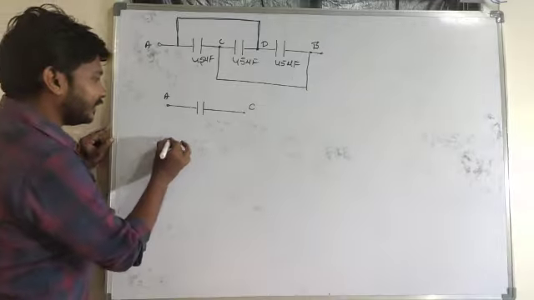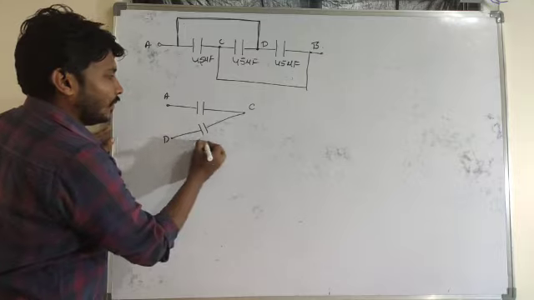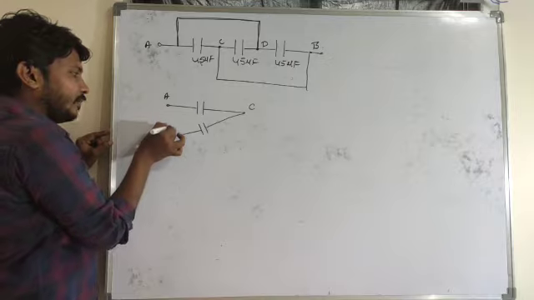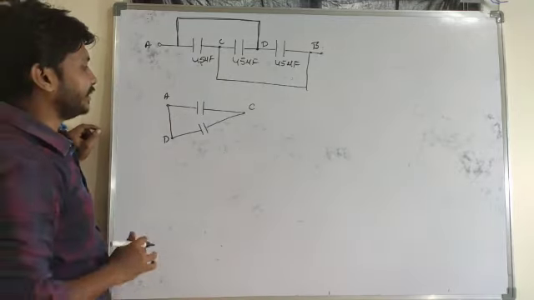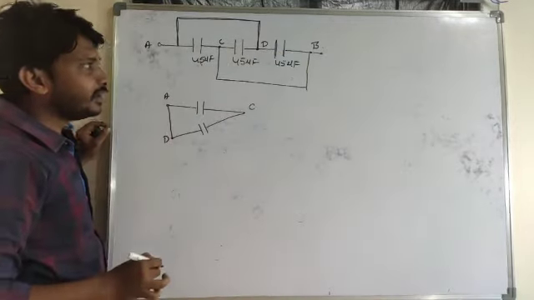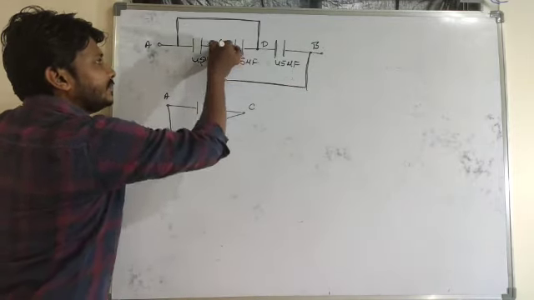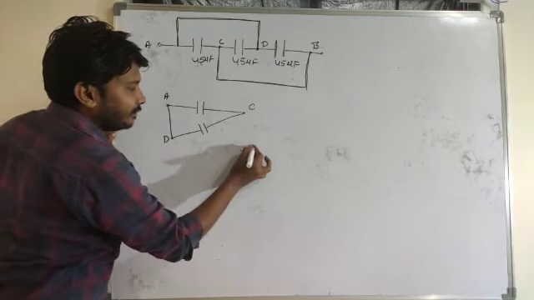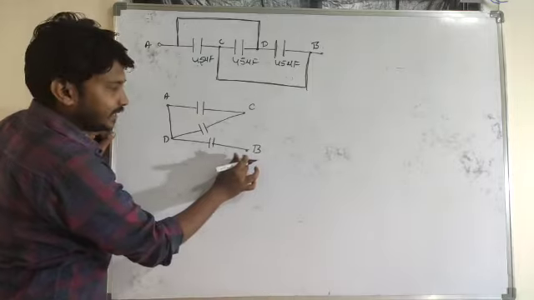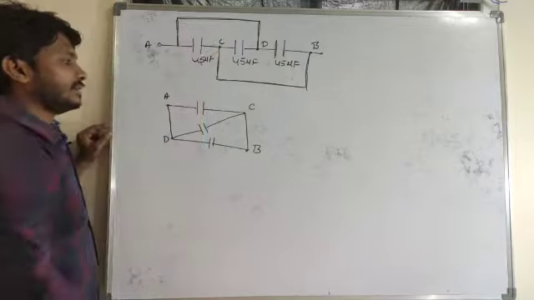So where should I take that point D here? Between C and D there is one more capacitance, and again point D is connected to point A. Hope you are understanding here. Next, between B and D one capacitor is there. But again B is connected to C. So where should that point B be? I will take B here. Between D and B one capacitor is there, and again B is connected to C.